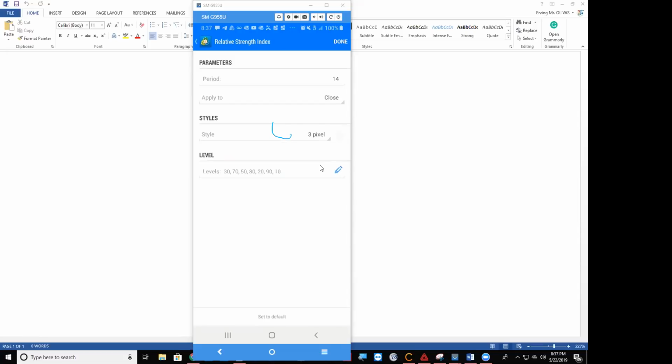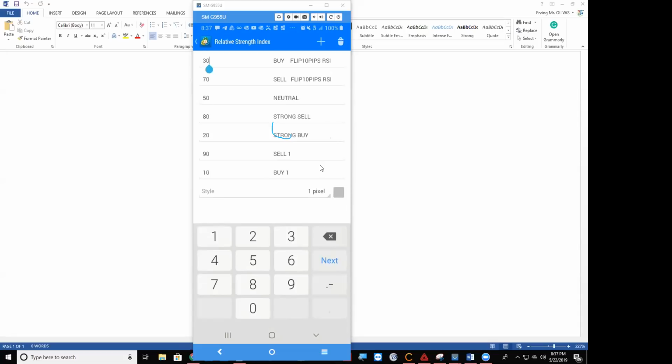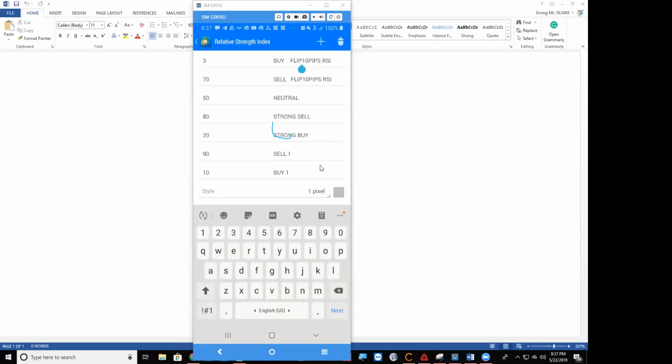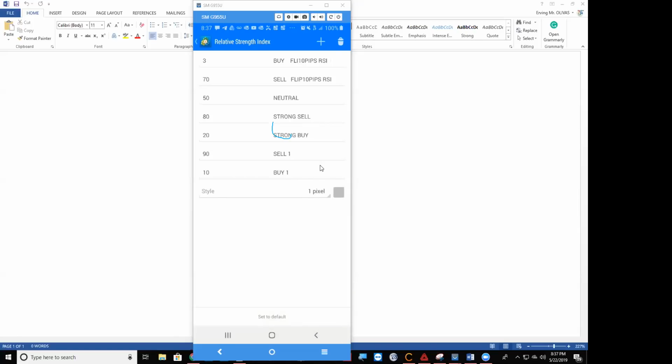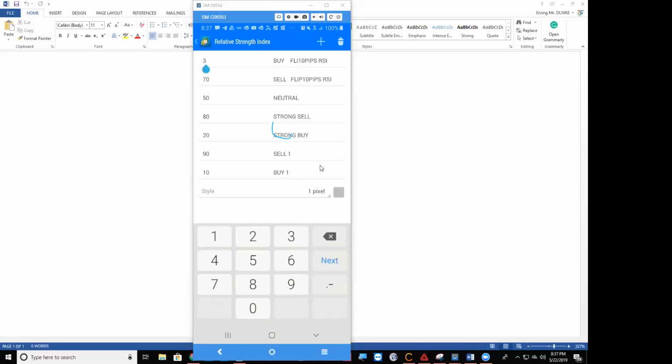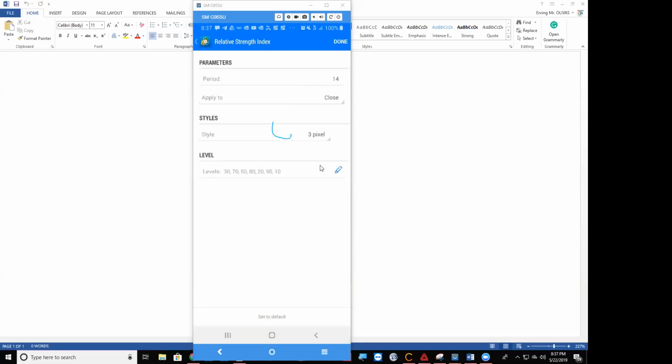And what I had done on the levels is you click on the pencil and then just type the number in there. You can just copy the same settings that I have if you wish, or you can change them to whatever you want. So that's it. And then moving on,